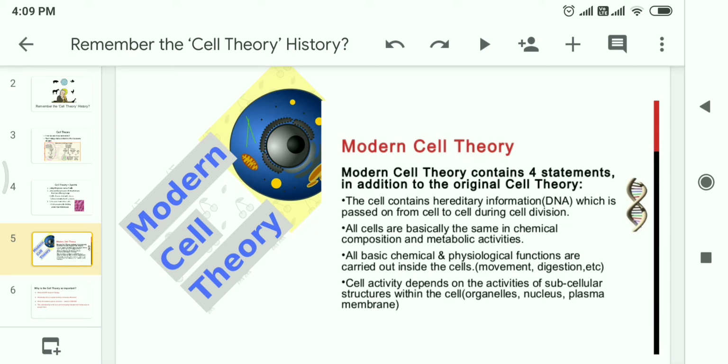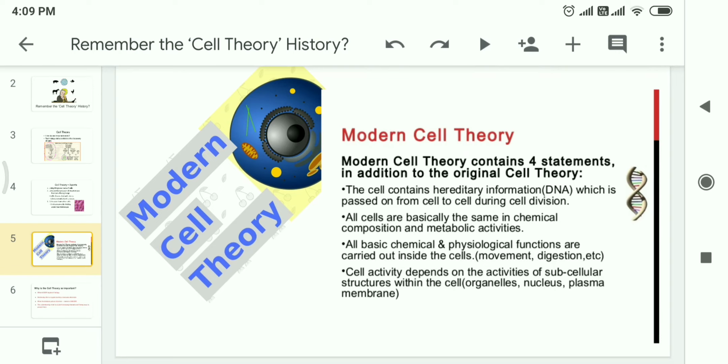This was added to the cell theory after the scientific community gained more perspective or idea about life originating and information passing from parents to offspring, and that life does not originate just spontaneously like how people believed in olden times. It also states that all cells basically have the same chemical composition and perform the same metabolic activities. So if you remember, metabolic activity means all the basic activities starting from respiration, digestion, excretion, reproduction. All of these activities are shown by all the cells in our body, and there are few exceptions.